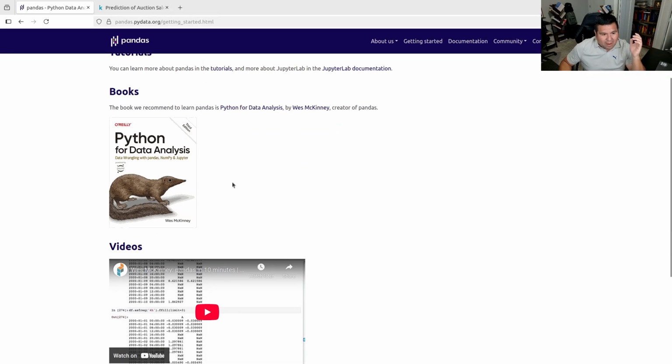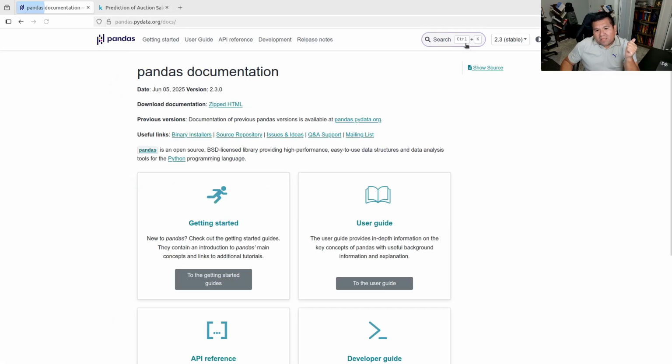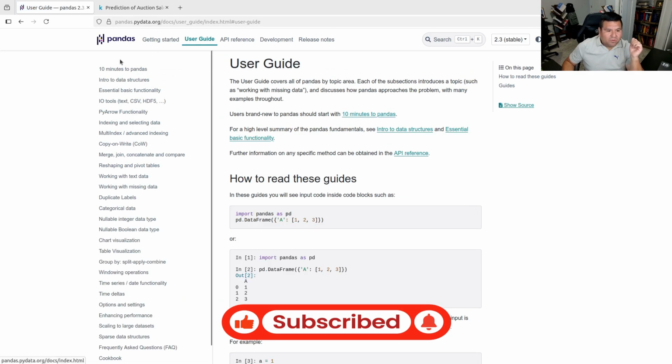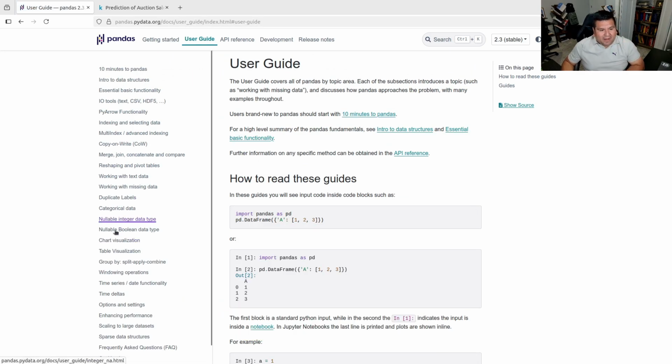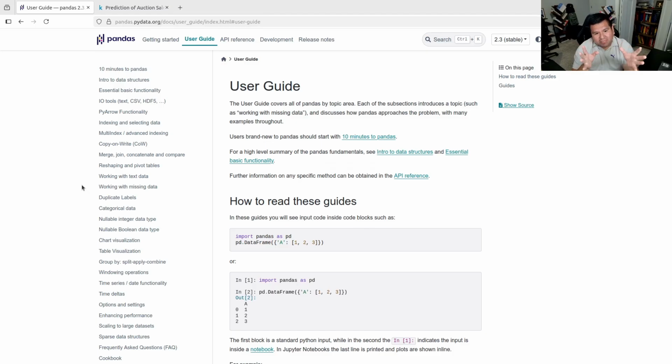It also shows a couple of books that you may be interested in if you are starting on pandas, and many other things. If you click on documentation, it will bring you to this particular site. And if you click on the user guide, it will show you a bunch of different tasks that you may be interested in. But in this tutorial, what I'm going to do is show you how you can use pandas to import data that is sitting on a CSV file,